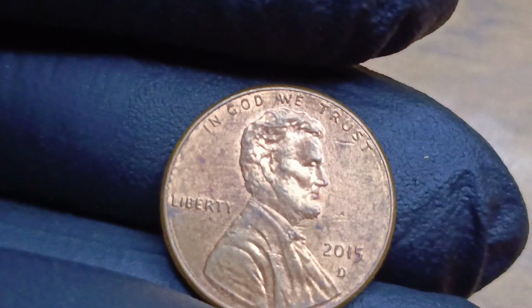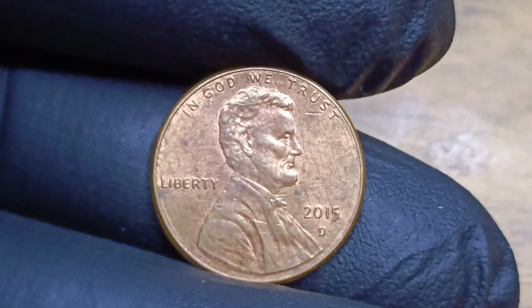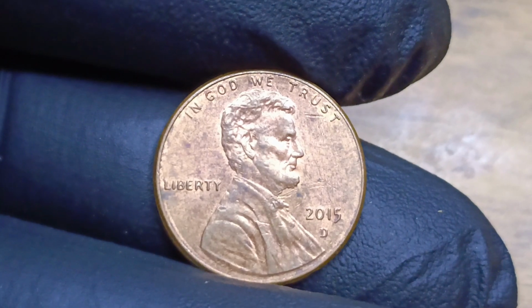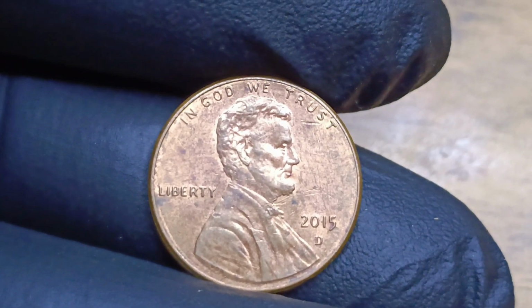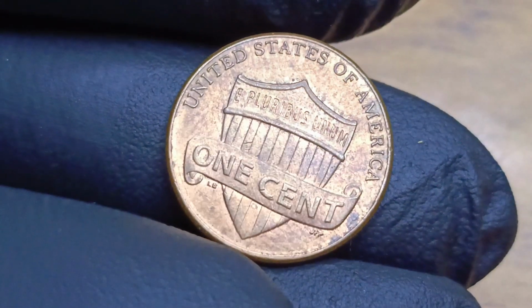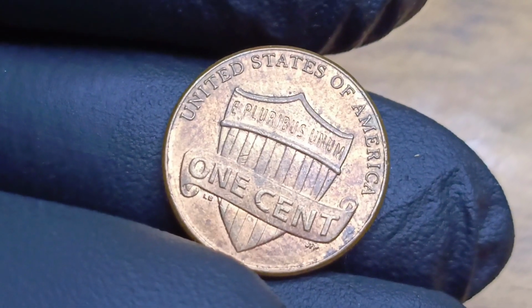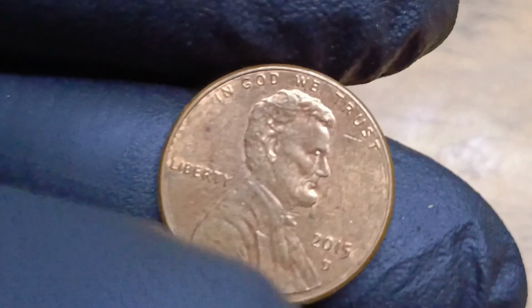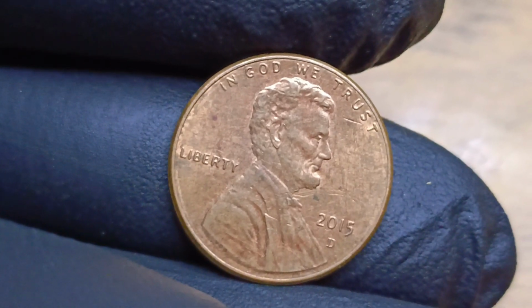The 2015 D penny's rumored value could also stem from a unique combination of errors, like a double-struck coin, where the planchet is struck twice, creating overlapping designs, or a fold-over strike, where the planchet folds during striking, resulting in a bizarre, doubled coin. Such errors are so rare in modern coinage that they could fetch thousands. But millions seems a stretch unless the coin has a documented provenance or historical significance, like being the only known